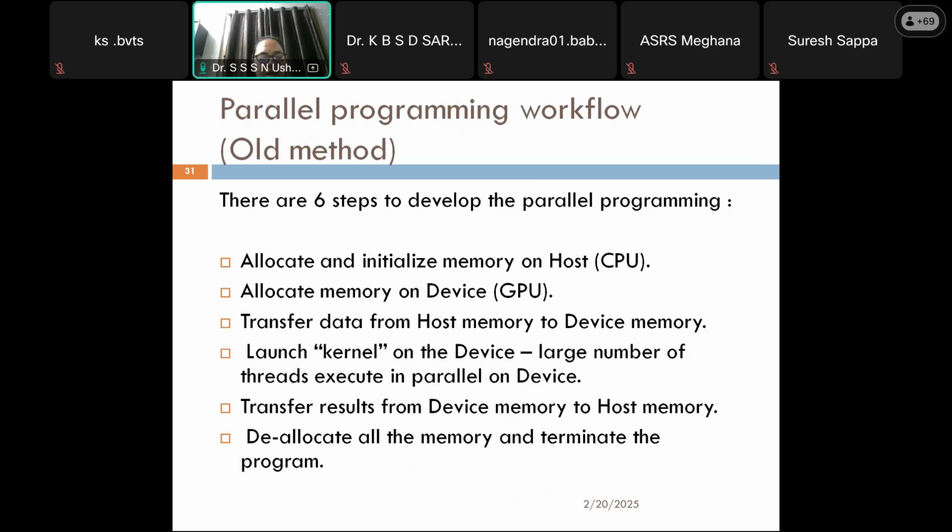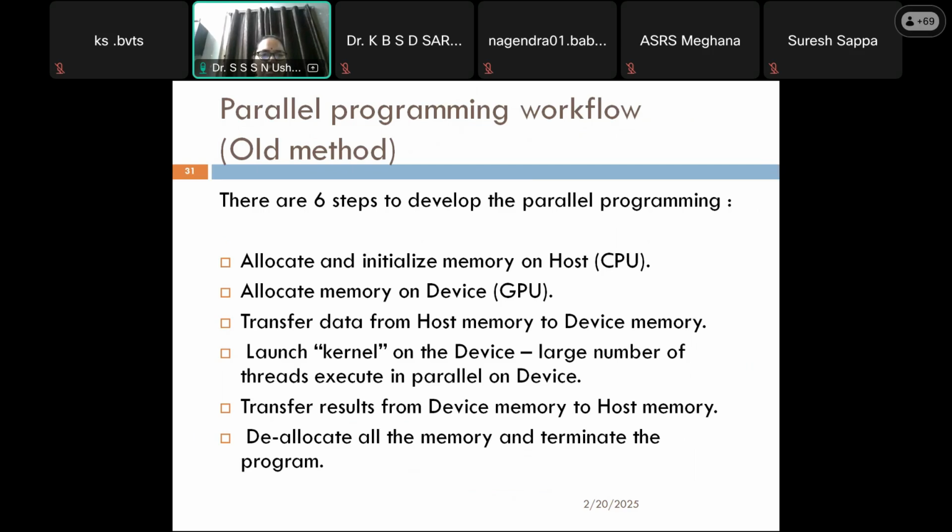And after computation, the second person will return the data to the first person. Like in a bank, somebody will approach the inquiry counter first, for an inquiry or an application submission. At the first counter they submit the application. At the second counter the application is processed, and the reply comes back to the first counter, where the person collects the result, right? This is the general process, and the same process is going to happen here with the same analogy.